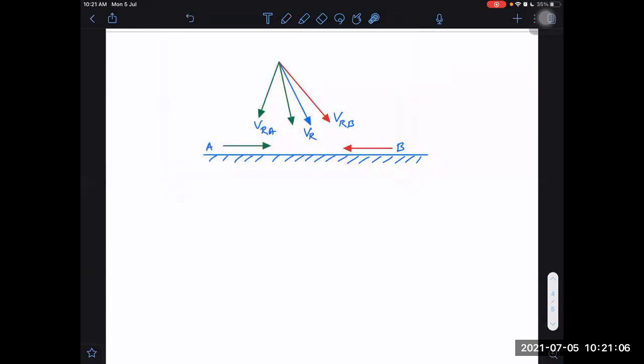This is velocity of person A and this is velocity of person B, or it is the same person but walking in forward direction and walking in backward direction. The blue velocity is with respect to ground, as it is mentioned here, velocity of rain. So velocity of rain with respect to person who is walking forward will appear like these green vectors, which will be appearing to be in which direction?